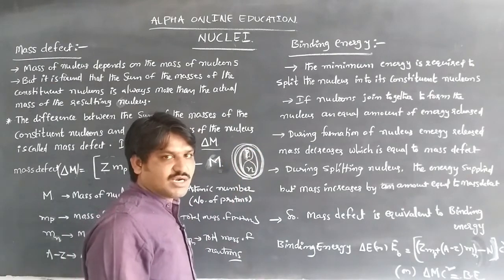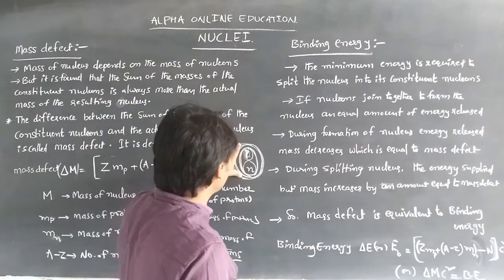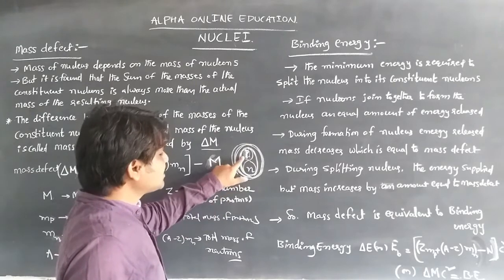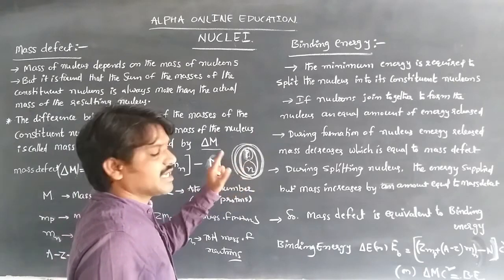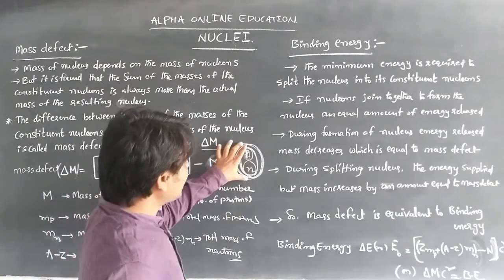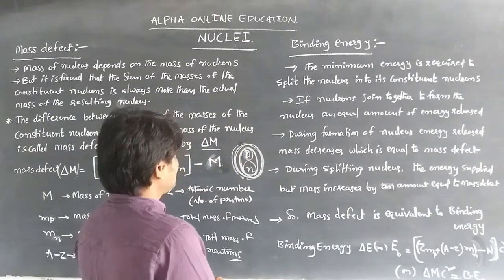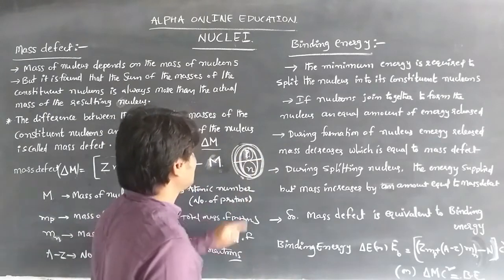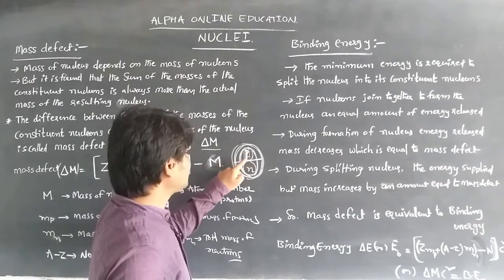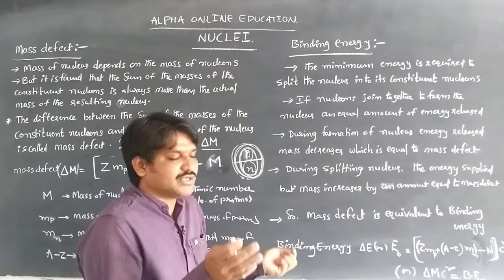That force is called the nuclear force. Due to the nuclear forces, the protons are held in the nucleus. Protons and neutrons combine to form the nucleus. The minimum energy required to split the nucleus into its constituent nucleons, that is, to separate the protons and neutrons by dividing the nucleus,